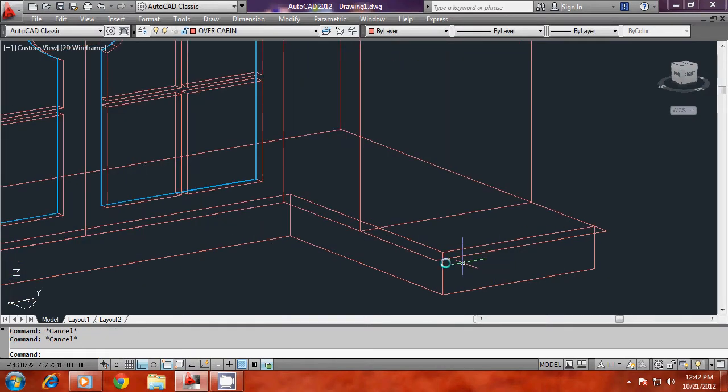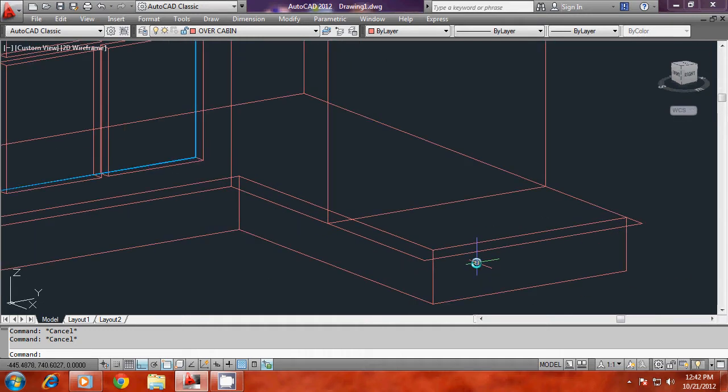Now I would like to create a chamfer over here, or a beveled edge over here. For that, you have to give a chamfer command, but in this case it's a single polyline. So when you give chamfer, both these corners will get chamfered. So you just better explode this. Now you can go for chamfer. So I'll give chamfer command,